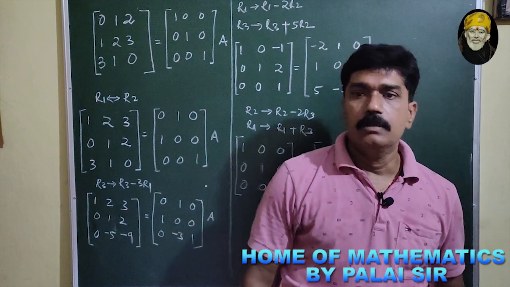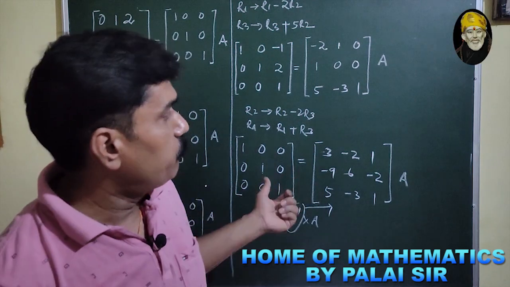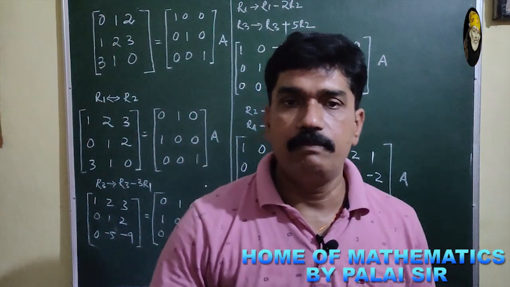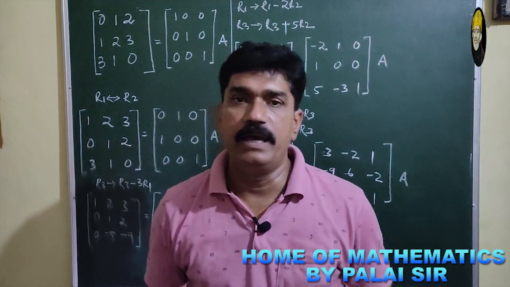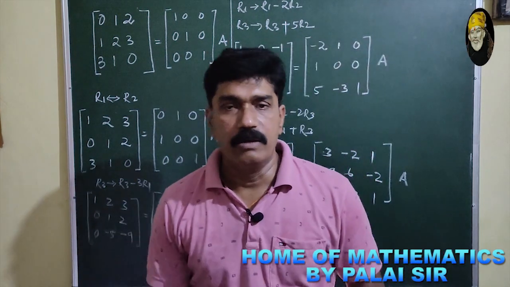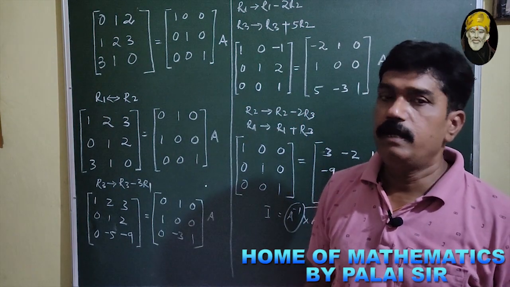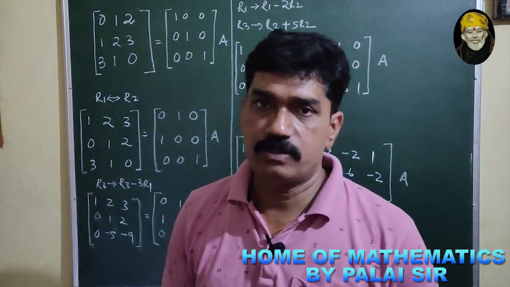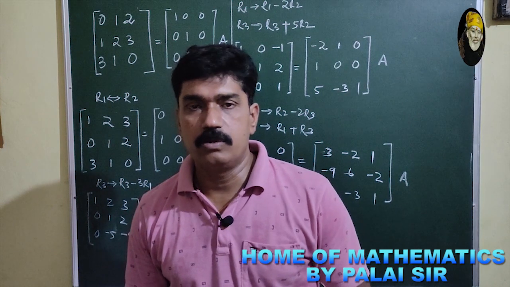Clear now? In the first class we studied how to find the inverse with the help of the adjoint. And here you are going to discuss the transformation method by taking the help of rows or taking the help of columns, and by rearranging them you will get the inverse. Okay, so I hope you will be clear regarding the transformation method, and in our next class we will discuss more problems regarding properties, transformation and column transformation also.